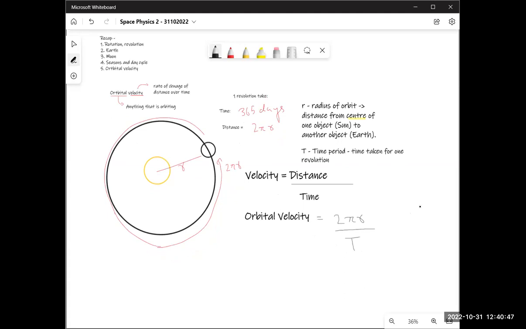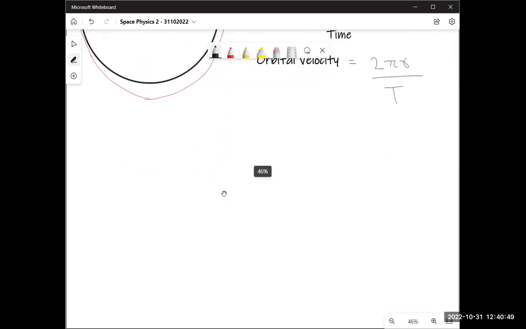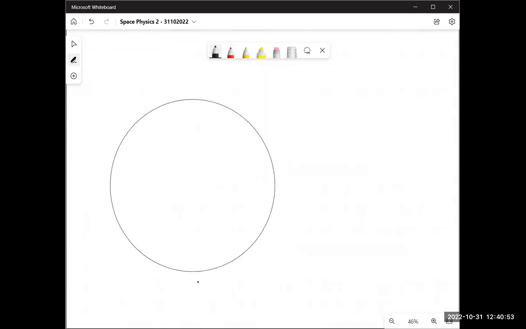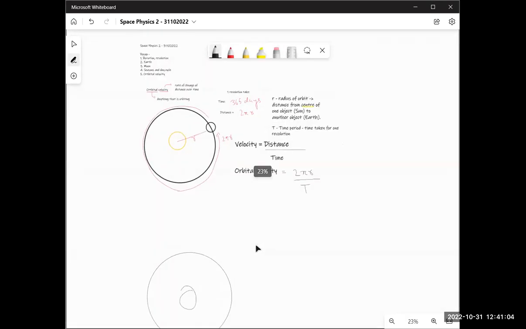Okay, we'll do one question on this. I really want to do a question on this, right? Let's look at this. You have your Earth right here. Let's call this the orbit. Then I'll make the sun right here as well. Can you go back to the notes for a second? Yep, sure. Take your time.